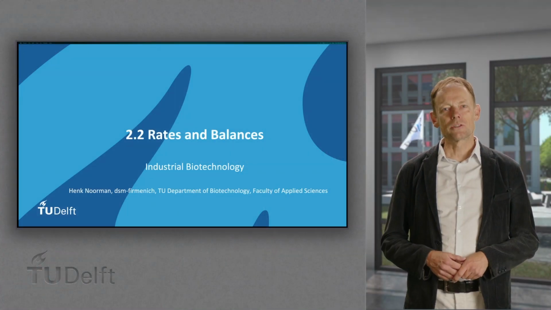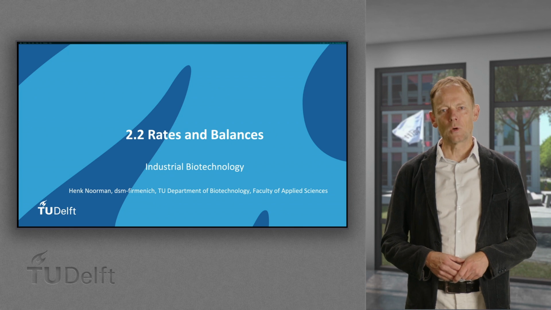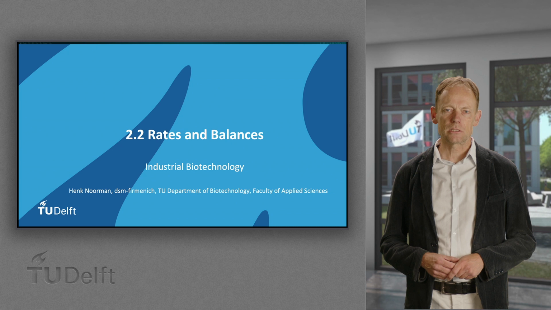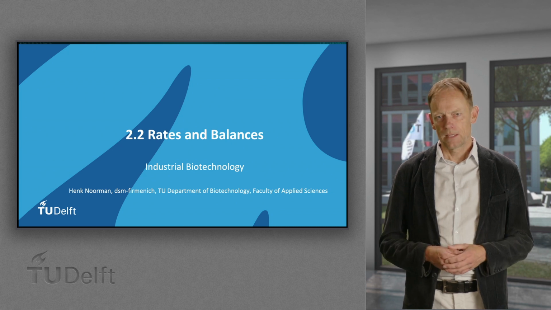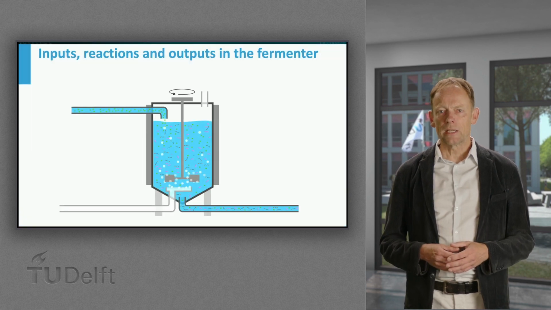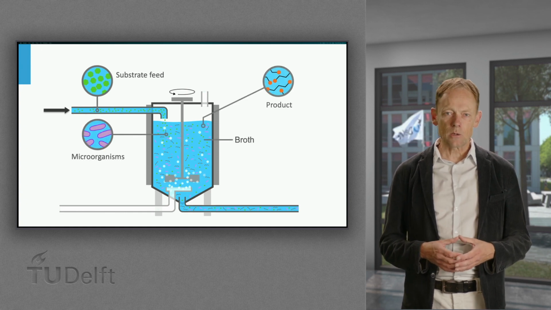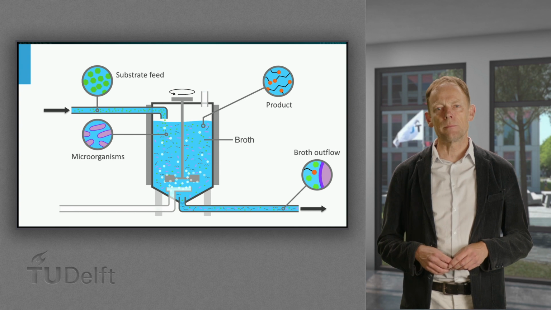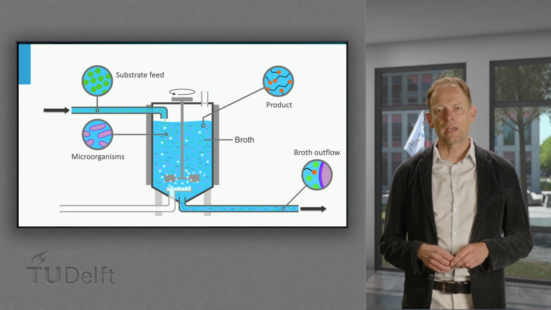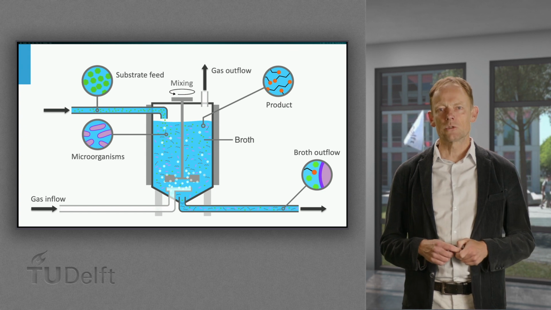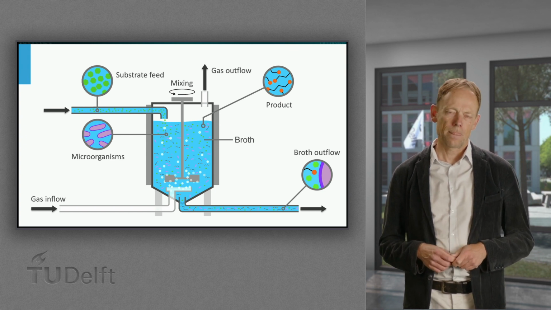In industrial biotechnology, microorganisms are deployed in closed or relatively open vessels, called bioreactors or fermenters. There are inputs of liquids, and due to the conversions in the broth, also outputs of products and liquids with a different composition than the inputs. We further have gas inflow and outflow and input of energy to secure proper mixing.